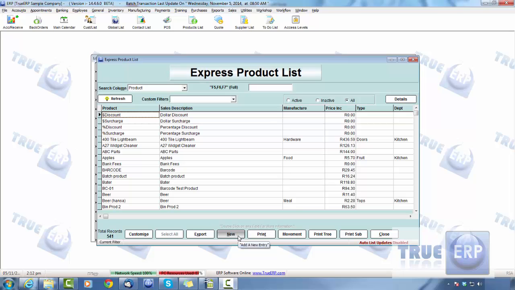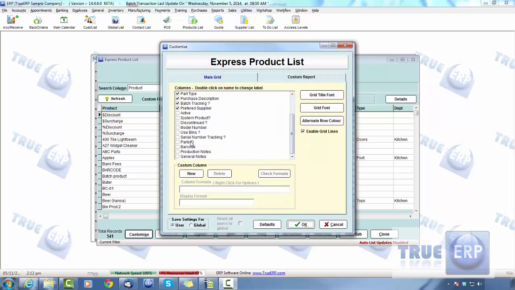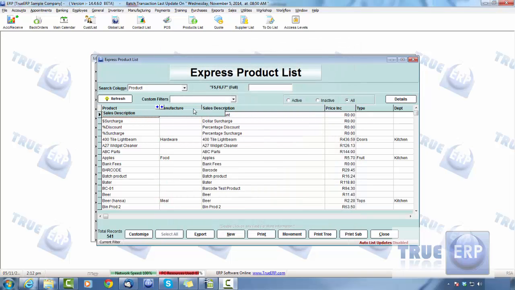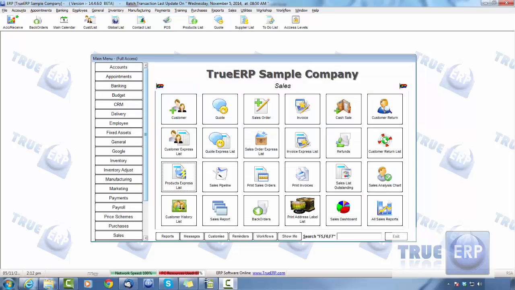You can even create a new product from here. You can customize this list in any way you want, move fields around, and when you leave and come back in, it'll save those fields for you. So that, as well as that, if we want to do any